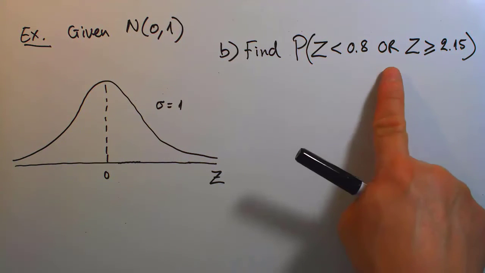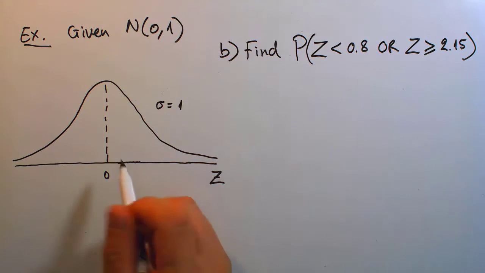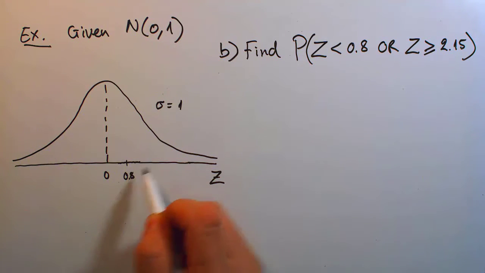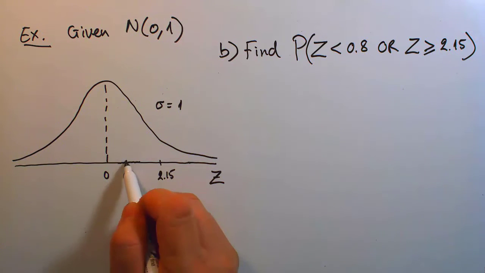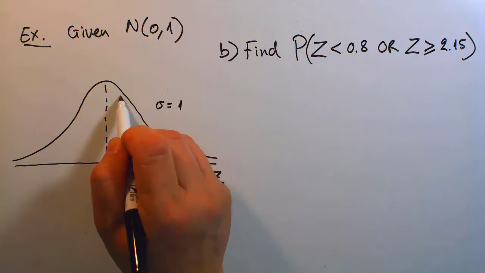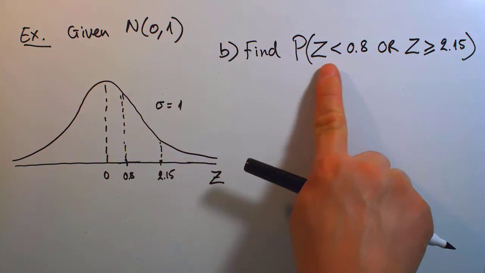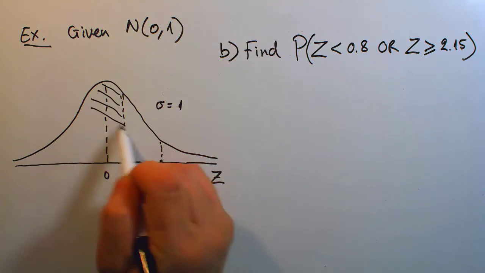So once again, immediately after writing down the question right here, let's go ahead and put up a sketch for ourselves. 0.8 is here. 2.15 is about here, and no need to worry too much about scaling. But as far as the shading, on one hand I'm looking for less than 0.8, so that's producing this area cumulatively